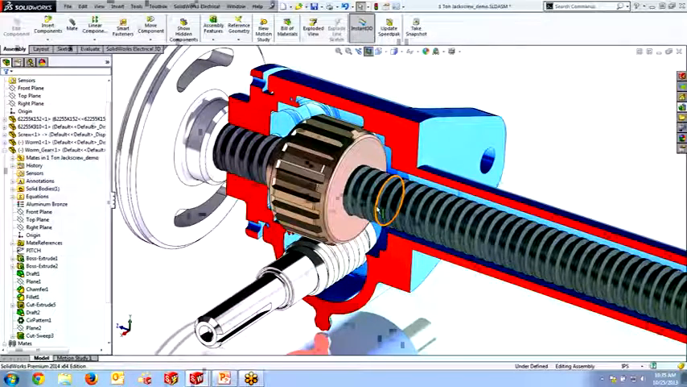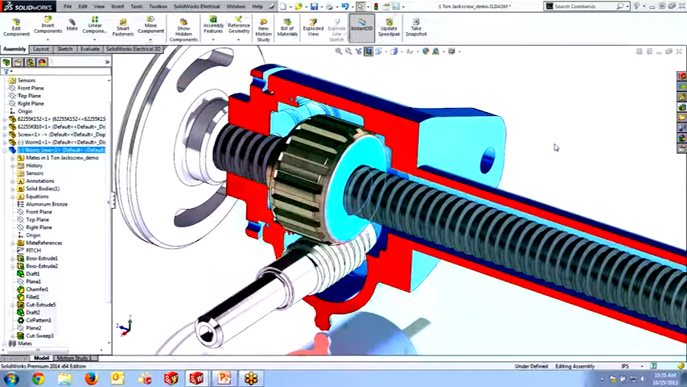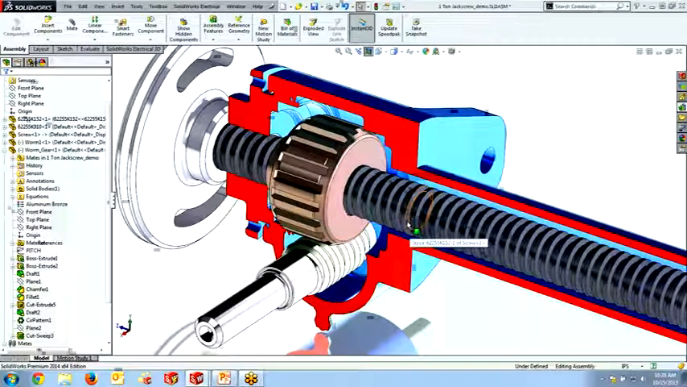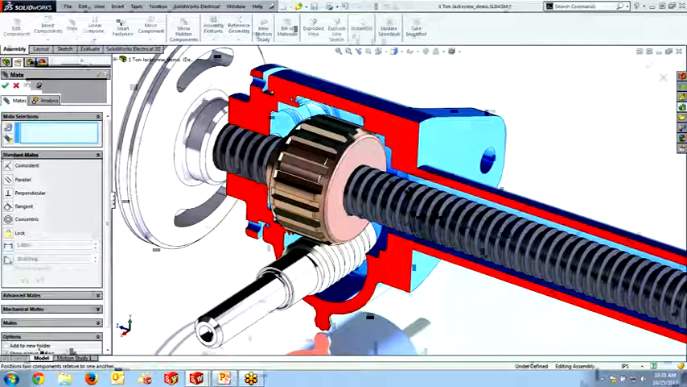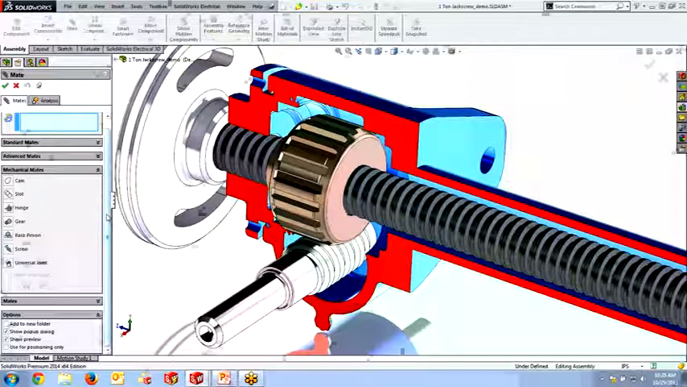So beyond that, now I would like to see this actually translate. Right now we just have our worm gear spinning, and the screw itself is just sitting in place. So we'll need another mate to allow this worm gear to actually act on the screw itself. We'll come back into our mates, go back down to mechanical mates, and in this case, we're going to select